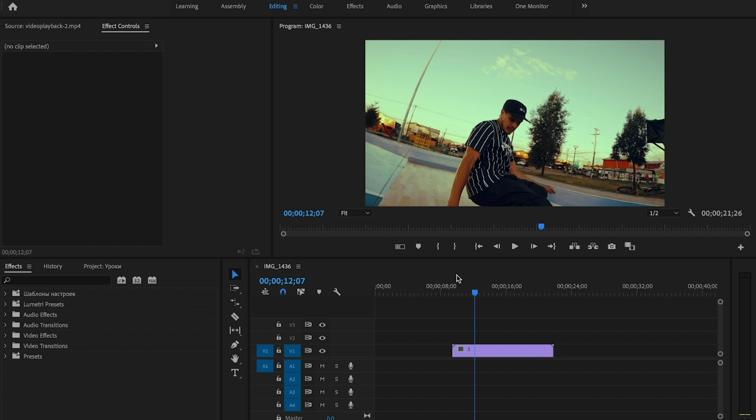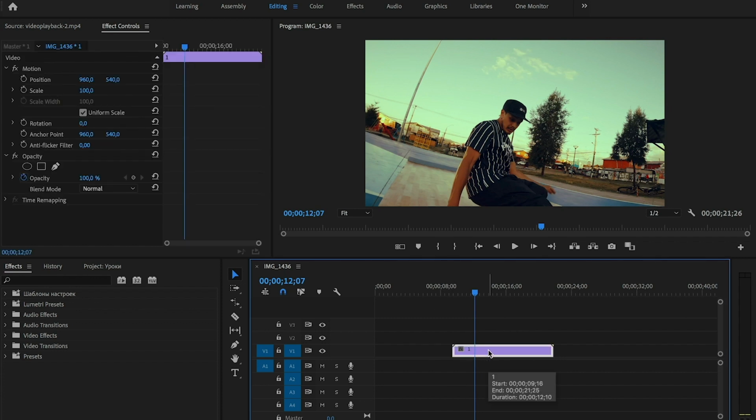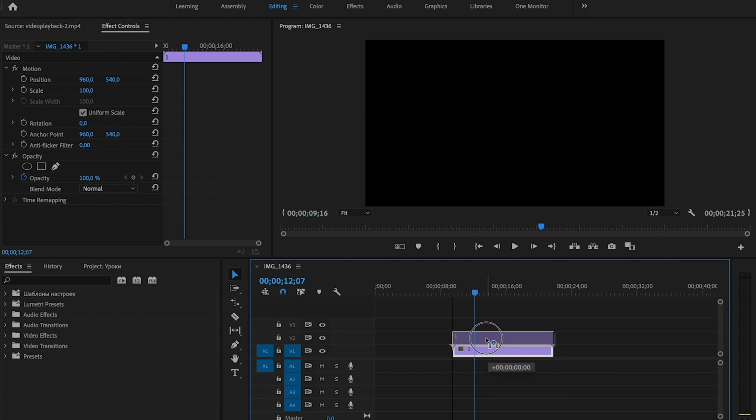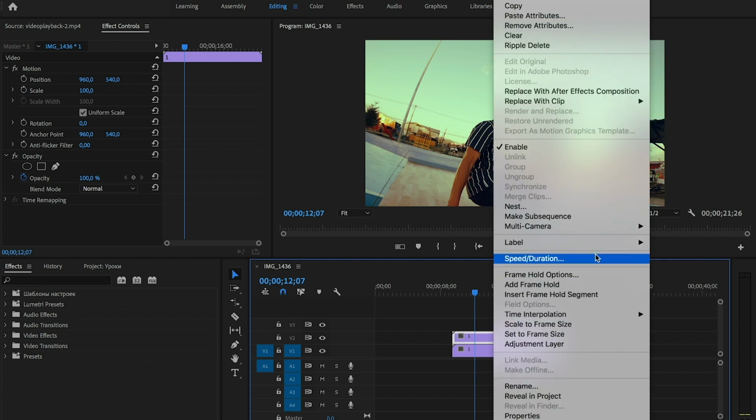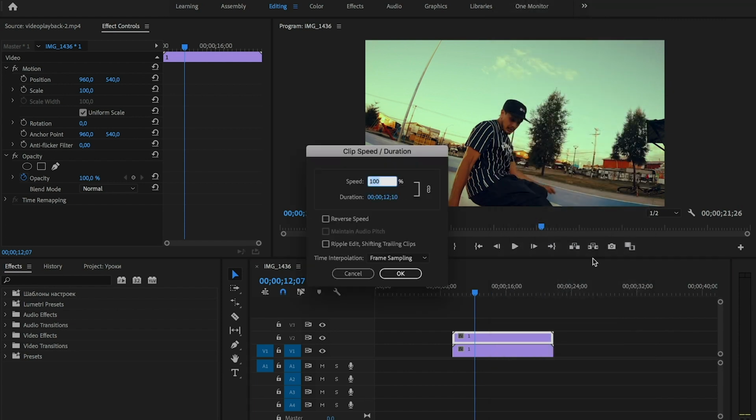The first thing we need to do is duplicate this clip. For this, just click on the clip, hold down Alt or an Option key on the Mac and drag it to the higher layer. After that, right mouse click on the clip and choose Speed Duration and put lower value